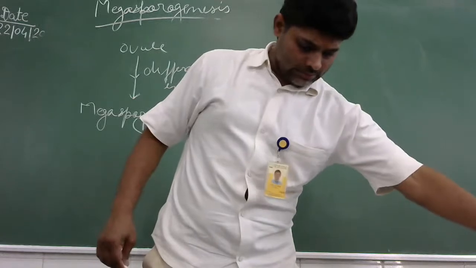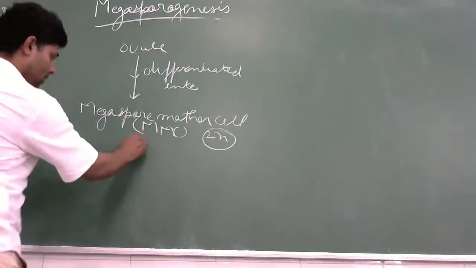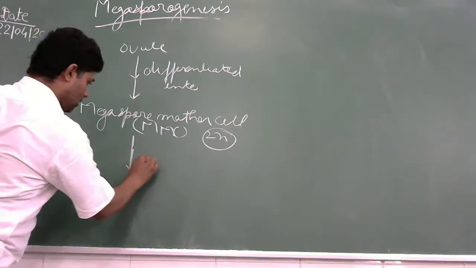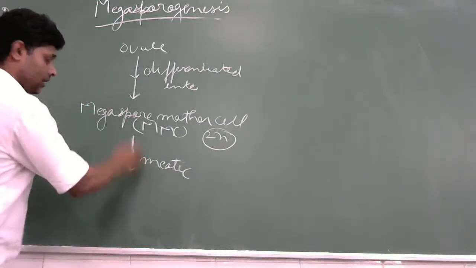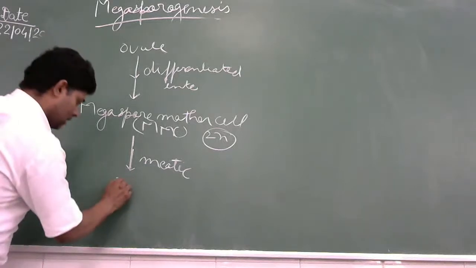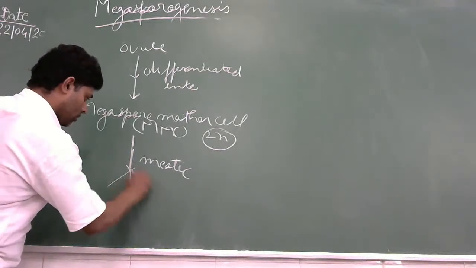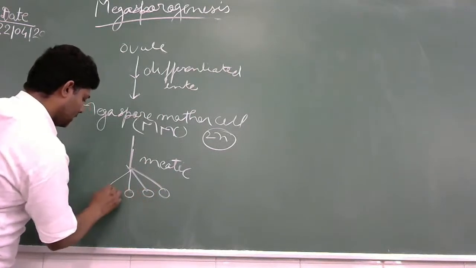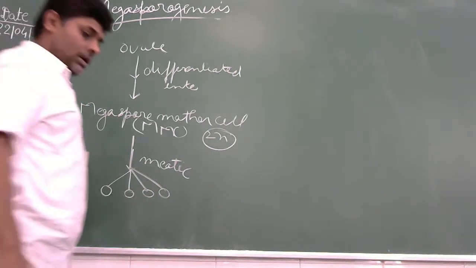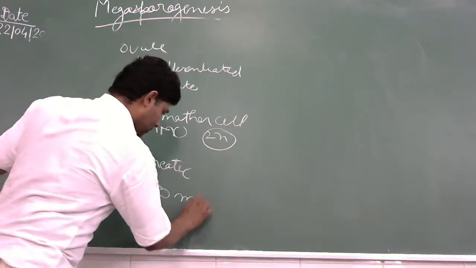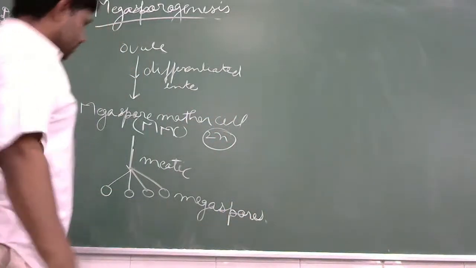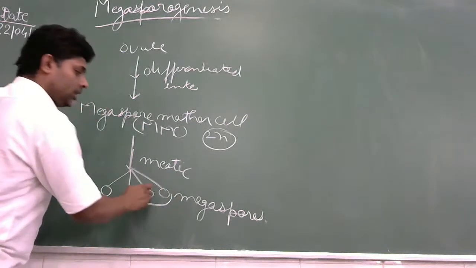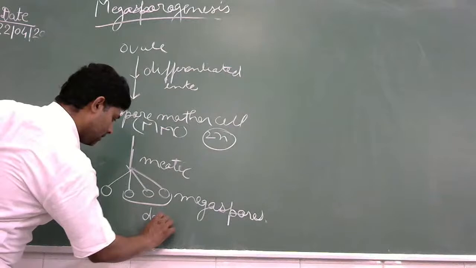Further, in this megaspore mother cell meiotic division will occur, and it makes four different cells, and those are the megaspores. Three megaspores will degenerate,